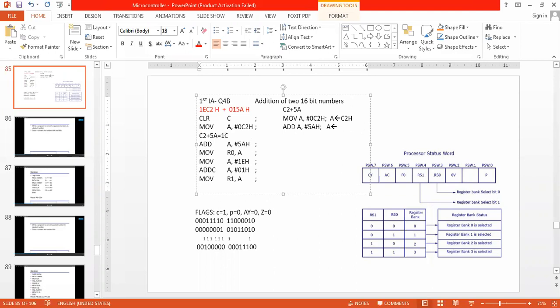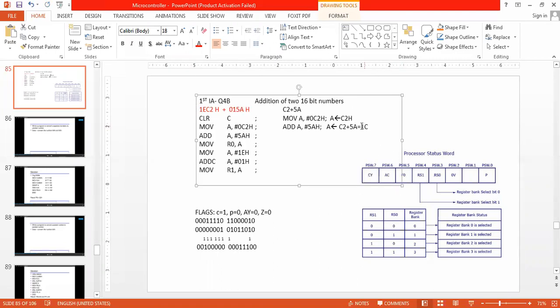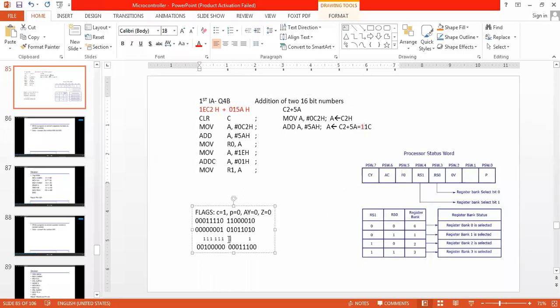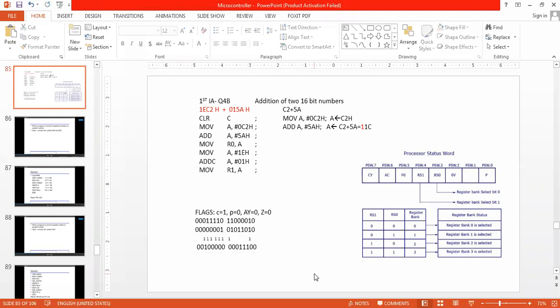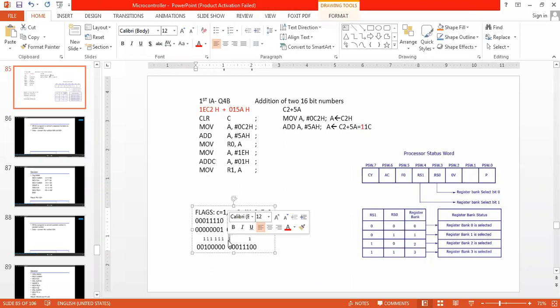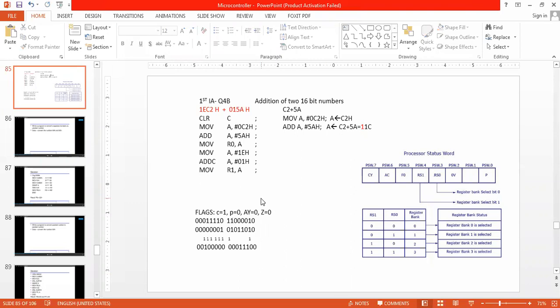1C along with a carry. This one is the carry flag, you can see it here. Why? Because it is generated out of the 7th bit.